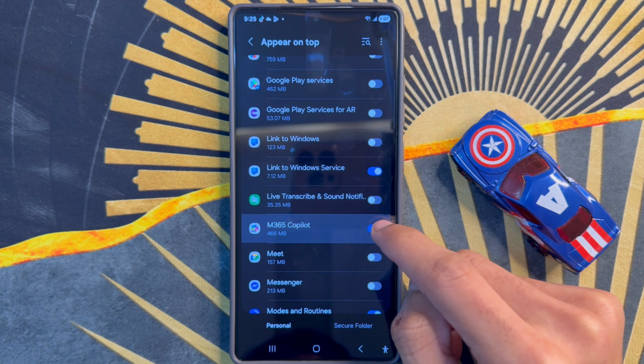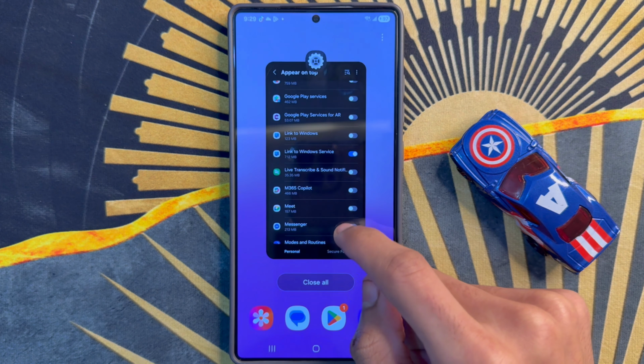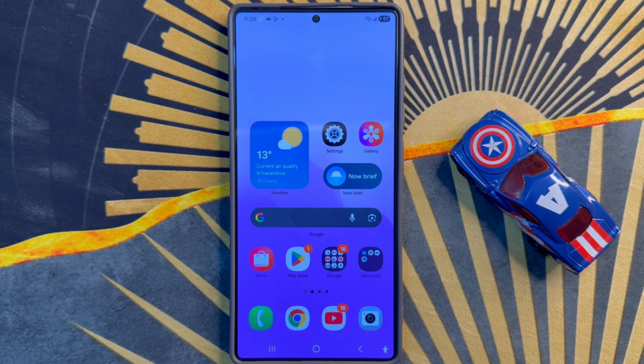So after allow or deny, go back to home screen, refresh phone. So that's how you can allow or deny appear on top permissions on Samsung